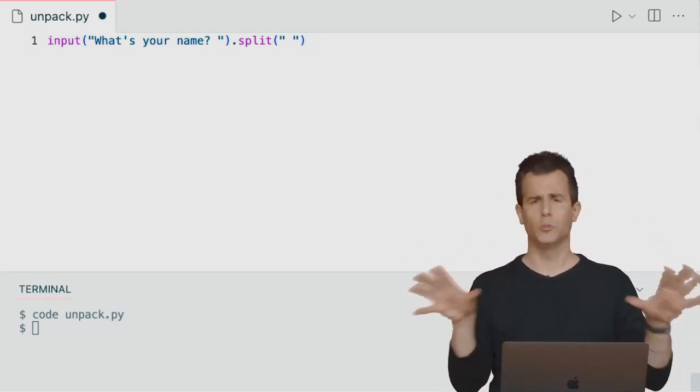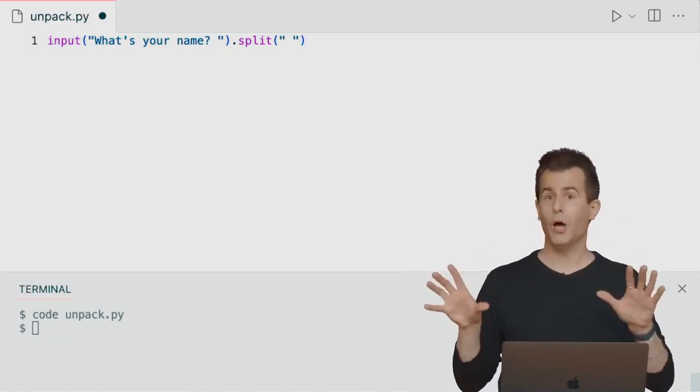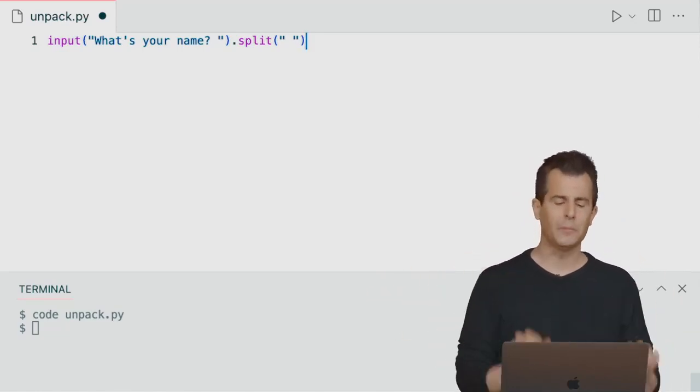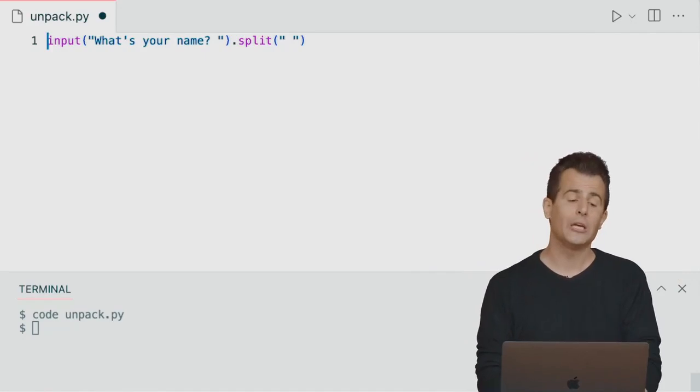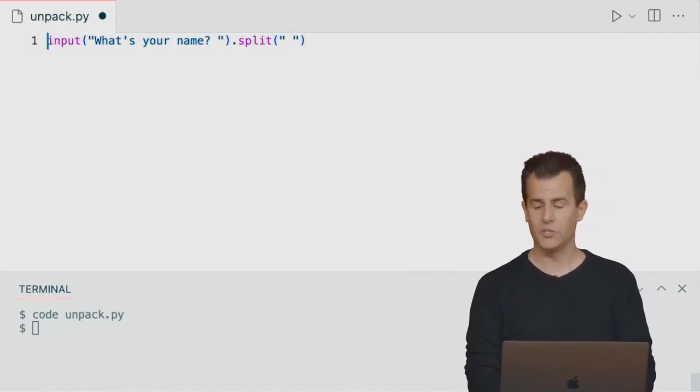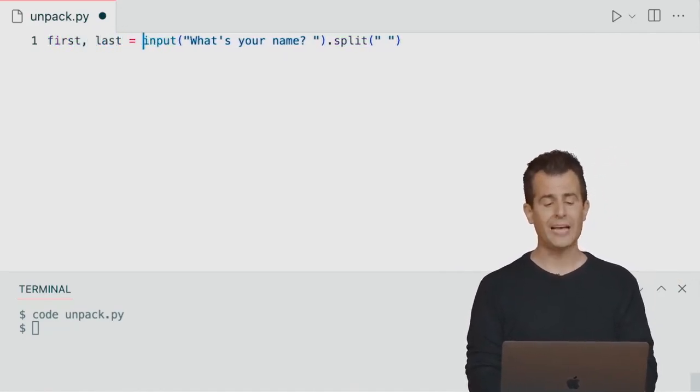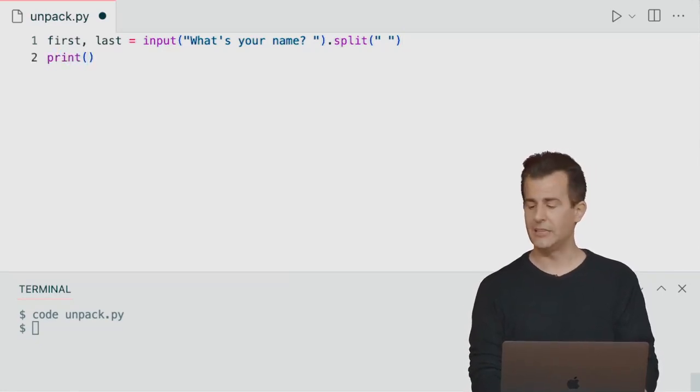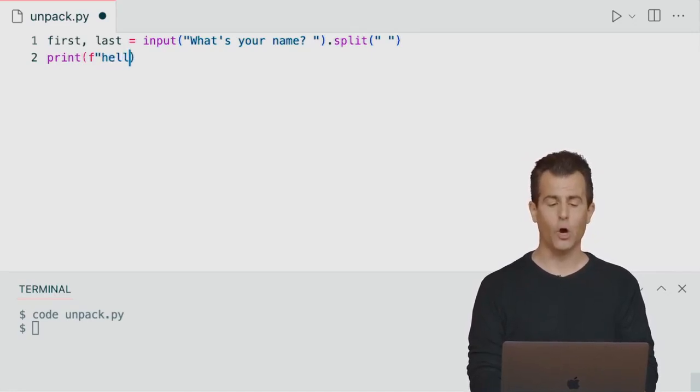No middle names, no multiple names. It's just 1 and 2, which itself could be buggy for other users. But for now, I'm keeping it simple, just to remind us that I can now unpack that return value with something like first_last equals the return value of input. And now I can go ahead and do something like this, like printing out with an F string, hello, comma,